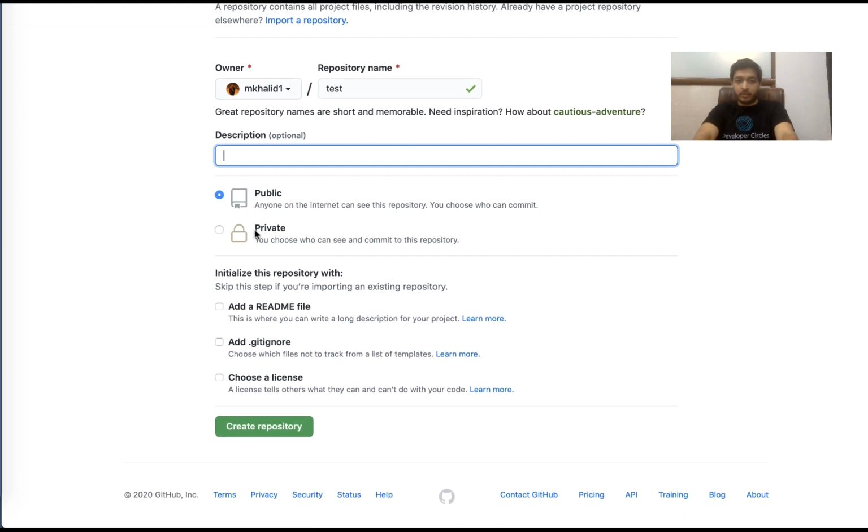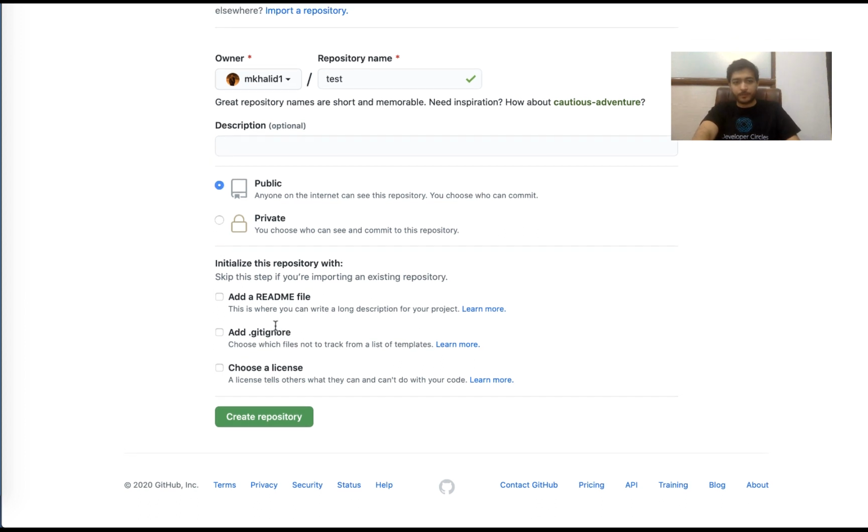And you can select whether you want a public repository or a private one. Public is the one where anyone in the world can search or see the contents of the repository, that is, if your repository is basically open source. But if you're working on a private project, or you're working for a client on a project, it's highly recommended to keep your repository private. But this one's just for demo purposes, so I'm just keeping it public for now.